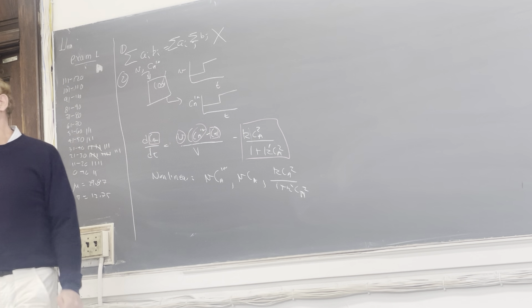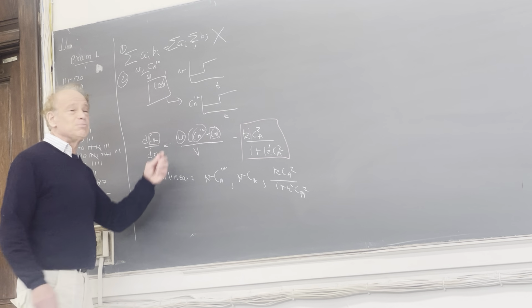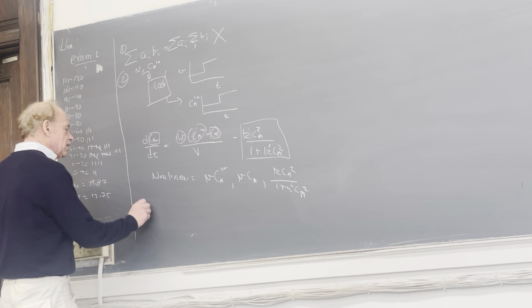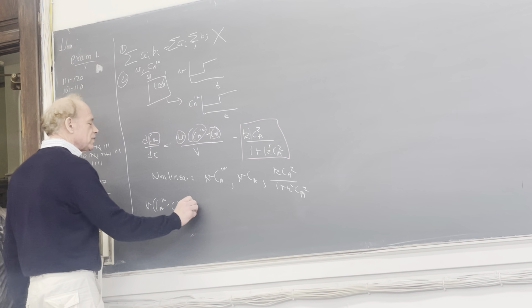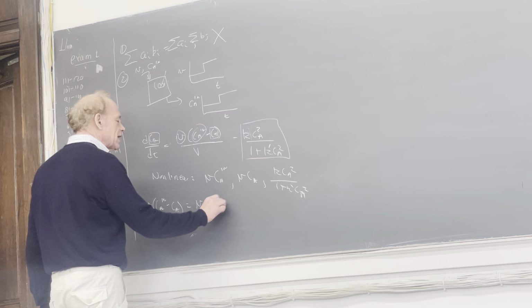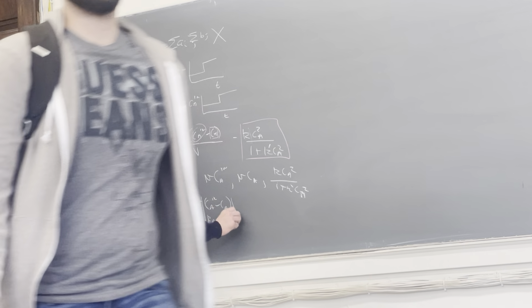The first thing you do, which I did in class, when you write down a problem, is you circle the terms that are changing, the factors that are changing. And when there's more than one of them in the same term, that means it's nonlinear. So this has to be linearized. So when you linearize VCAN minus CA, that's VCAN minus CA at the reference, whatever the reference state is,